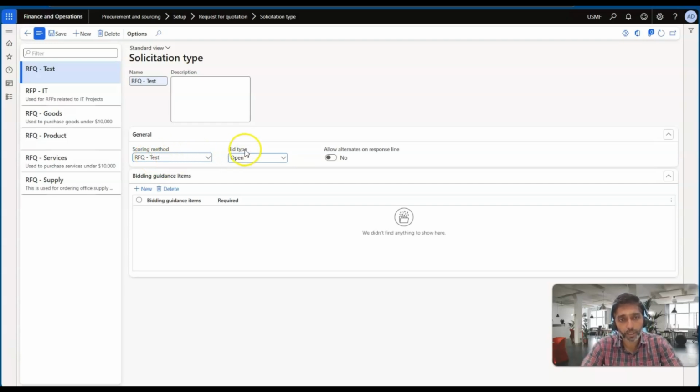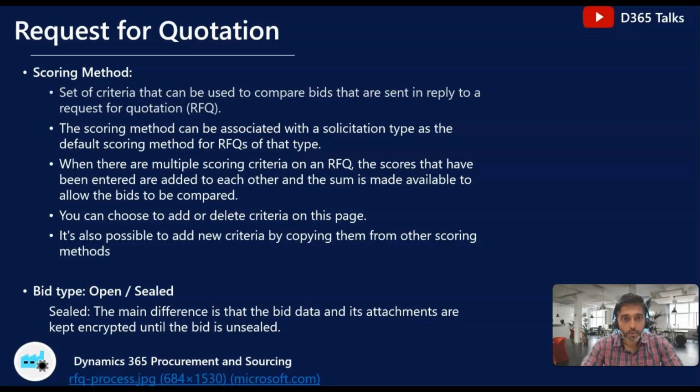You can also define whether the bid type needs to be open or sealed. So what is the difference between the bid type being open or sealed? Let's go back to our presentation. If it is open, then the users will be able to view the bids irrespective of whether the purchasing managers have completed the RFQ process. But if it is sealed, the main difference is that the bid data, the request for quote data with respect to price, discounts, the users and the attachments, will be kept encrypted until the bid is unsealed. Only when the bidding process is completed and it is unsealed will you be able to view the pricing details and the discounts offered by the vendors,